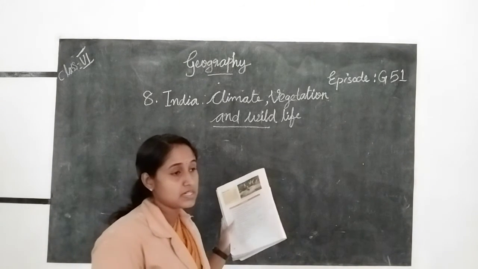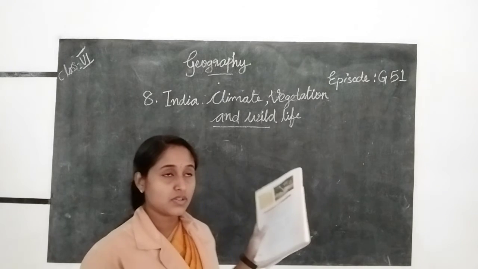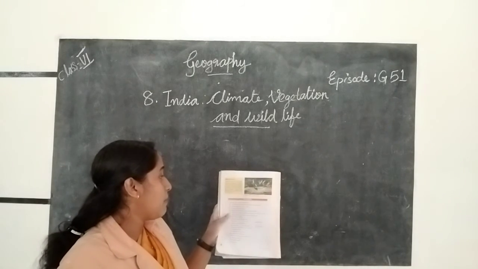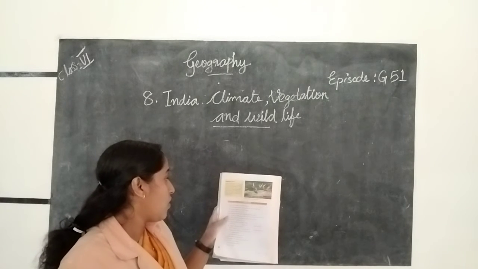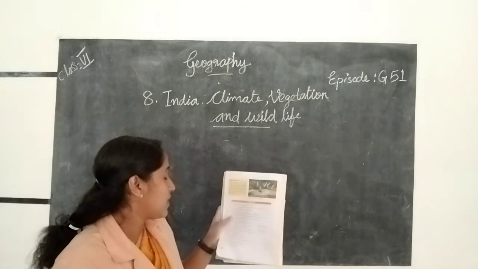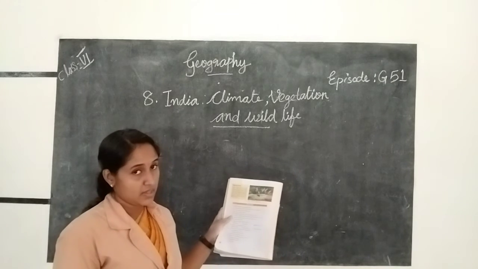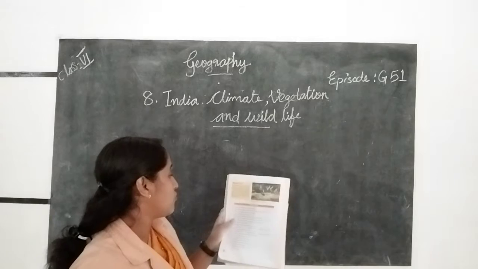Birds, that is, the birds come from one country and reach another country based on the seasons. Look at this. Migratory birds. Some birds such as pin-tailed duck, crows, flamingo, osprey and little stints migrate to our country in the winter season every year. So this winter season is suitable for the migration of birds.